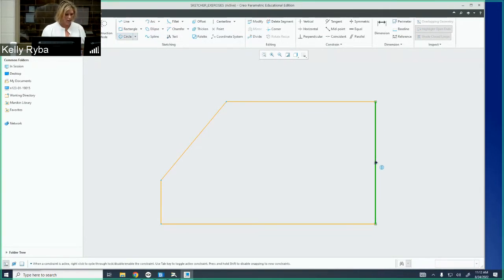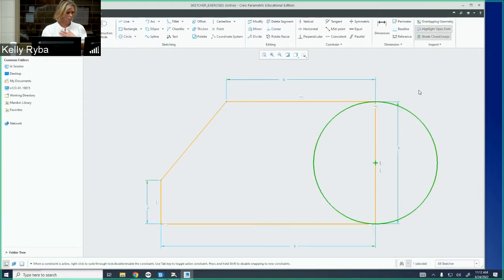You'll notice that when I get close to the midpoint, it snaps to it. I want to be on that midpoint. I want those 2 points to be coincident to one another. So I'm going to click when it's there, and then when it gets to the end point, same thing. I want those to be coincident. So anytime I change this, that radius of that end piece is going to go along with it. So now that I've created it, I'm going to go once, I'm going to go twice, and I'm out of